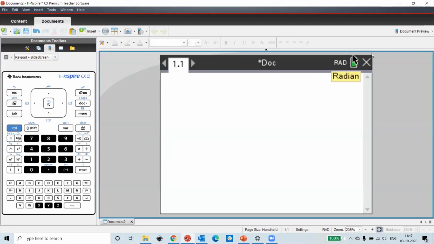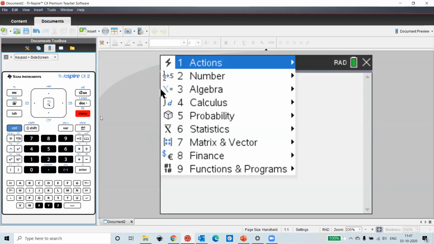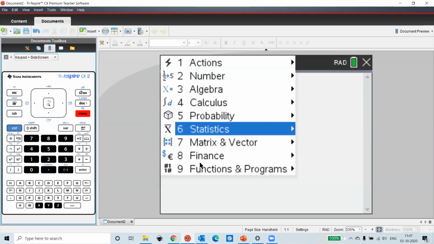What is special about this handheld is that it is completely menu driven. You need not find any syntax to go from one point to another or for any function. You need not learn the syntax for that. You just have to go to the menu and all the different options are available there.